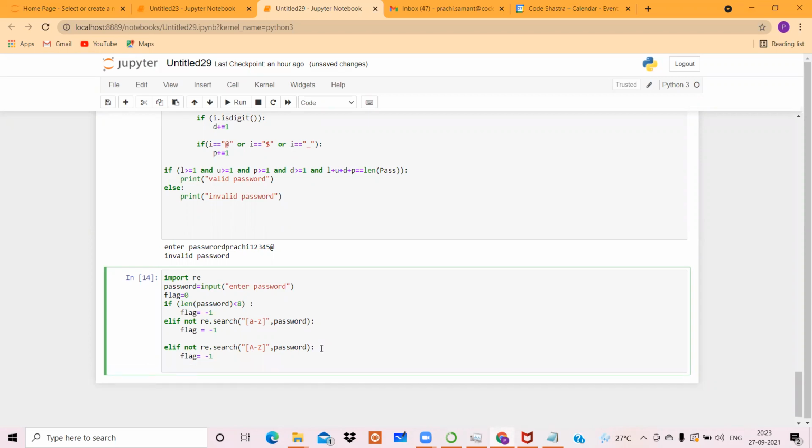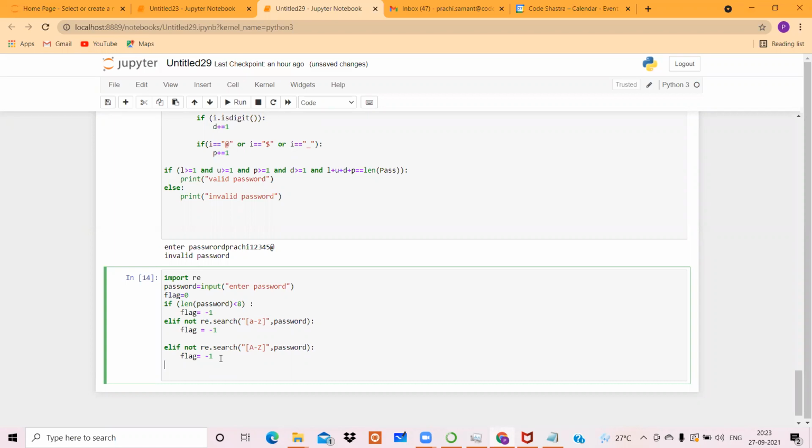This -1 you can take as anything. You can write flag is equal to 1, flag is equal to 100. Simply you are saying that the original value will change to this value. It's simply like in football matches, if someone is not playing correctly, that time a flag is raised. I mean, a yellow flag. If a certain number of flags are raised, then a red flag is raised, and after that the player has to be out of the ground area. That's basically what it indicates: if any condition is not being satisfied, you raise the flag. That's basically the meaning of flag. We have searched two conditions.